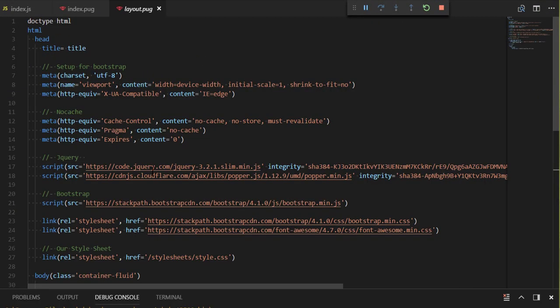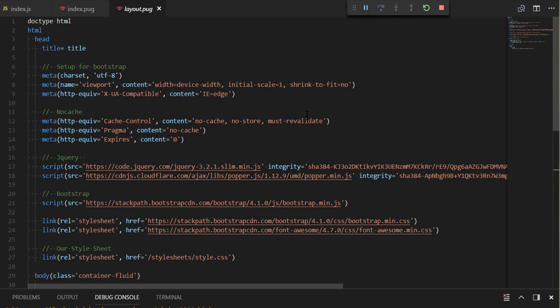Let's look at that. Here's layout. And here's the thing about Pug. The indentation is what tells it what elements are inside of what elements. So HTML and doctype are all the way to the left. And that means doctype's not indented under anything, and neither is HTML. But inside HTML, we have two indented sections,